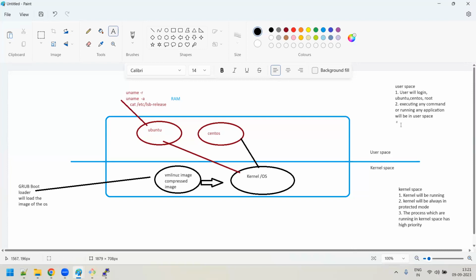The processes running in user space have lower priority compared to the processes running in kernel space.